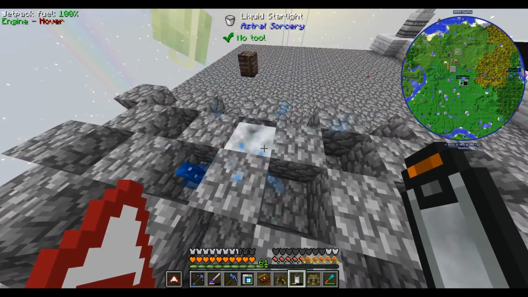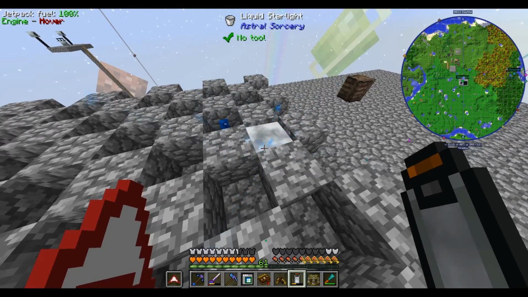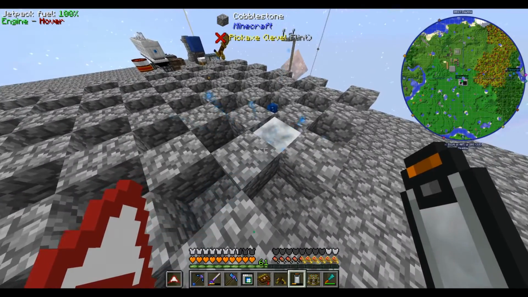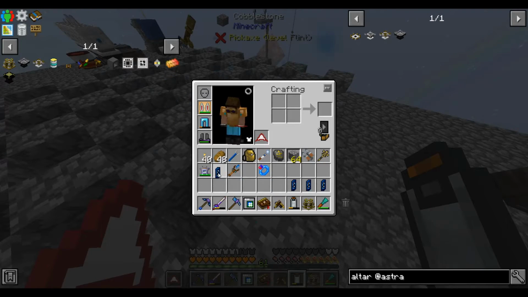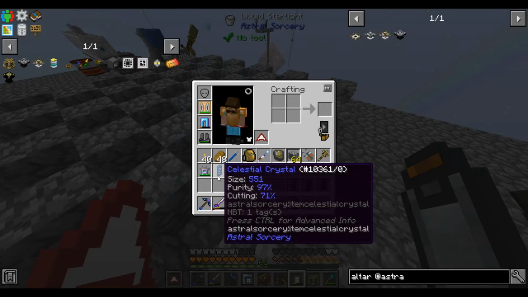Alright, rain's gone. So you see, when you throw it in a puddle of liquid starlight, what'll happen is over the course of about 5 minutes, maybe at least a couple minutes, the crystal will absorb the starlight, and its size value will go up. In fact, I didn't look at the size value before I threw that in, but the size value will go